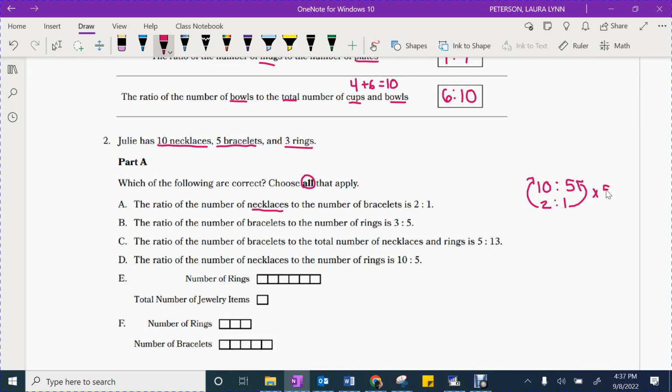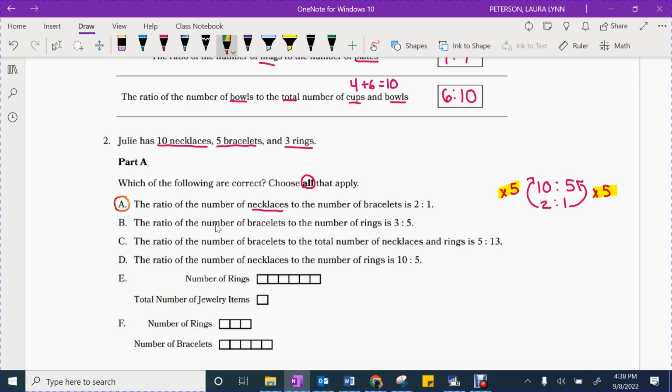Well, 1 times 5 is 5. Let me see if that works on the other side. 2 times something is 10. Well, 2 times 5 is 10. And because I multiply both sides by the same number, that proves that these are equivalent ratios and that this part A is an answer choice. Part B